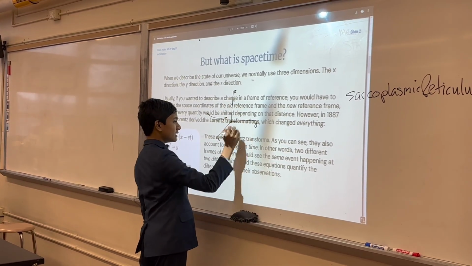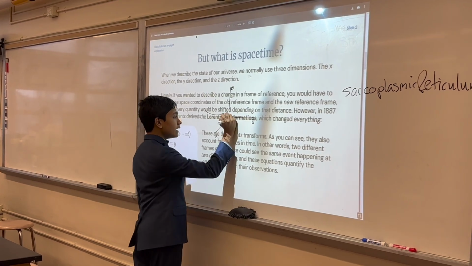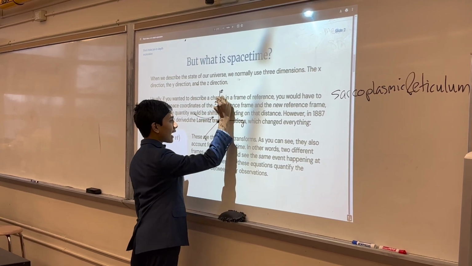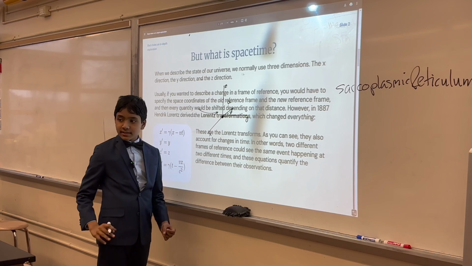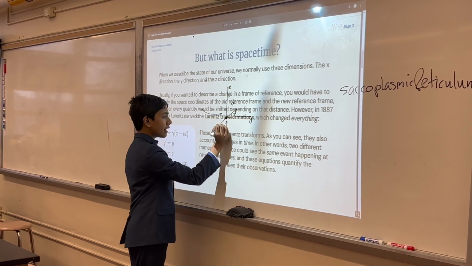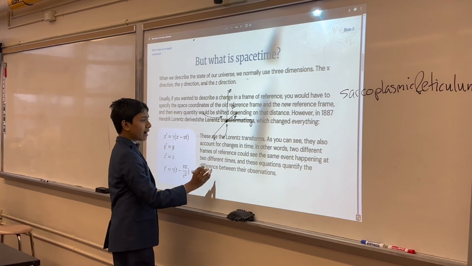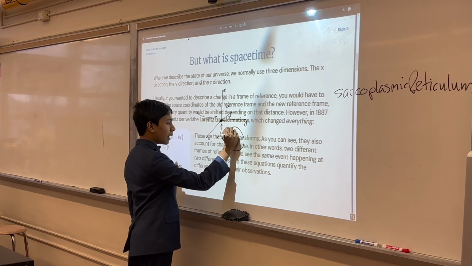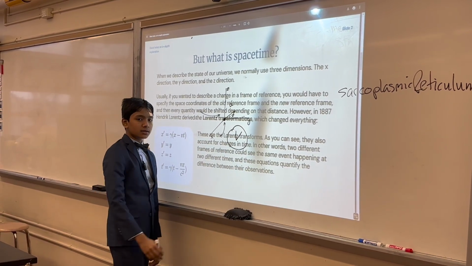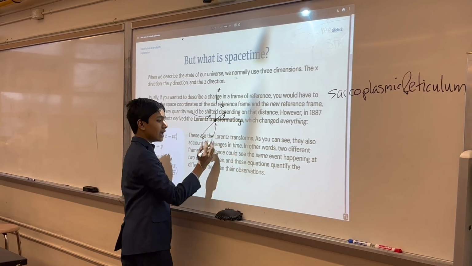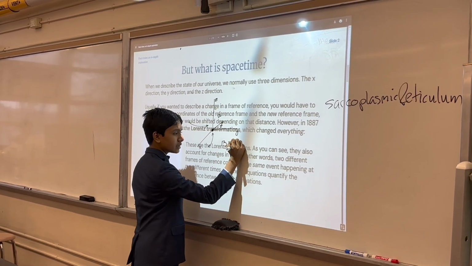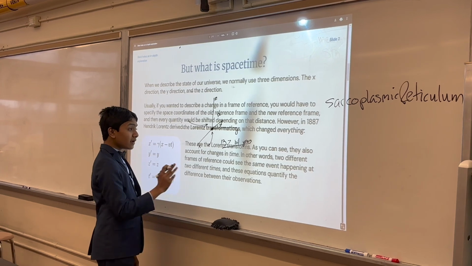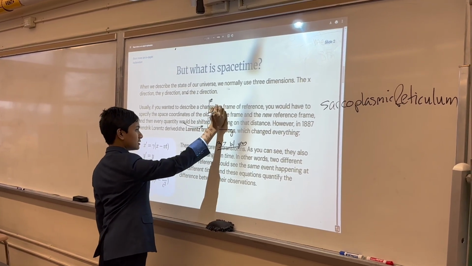So these 3 dimensions describe the entirety of our universe normally. So, this is the Galilean framework of how things work. As long as you have this, and you know what your velocity is, and you know what your acceleration is, then you completely know everything that you need to know about this object. Nothing needs to be known about the time, for example. You can't really change the time. The entire universe is operating on one single clock. The entire universe will say that it's been 13.7 billion years since the birth of the universe. But that's actually not the case.